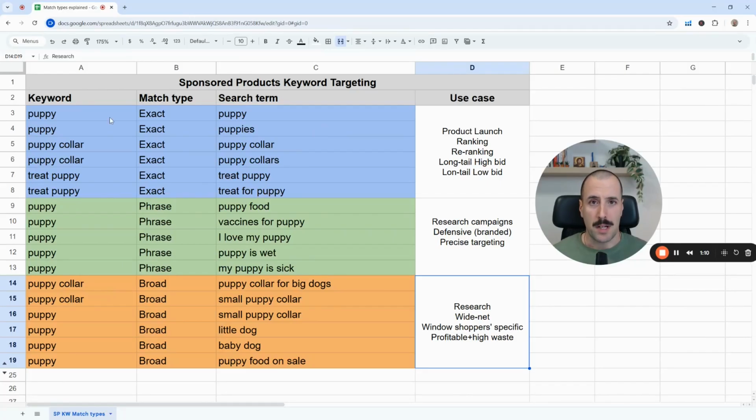Puppy in exact match can be attributed to the same keyword puppy, but please note that it can also be attributed to the plural type of the keyword, so puppy and puppies. And that's all good. So puppy color can be puppy color and puppy colors. Treat puppy can be treat puppy, but also treat puppy can be treat for puppy, which sometimes can create some